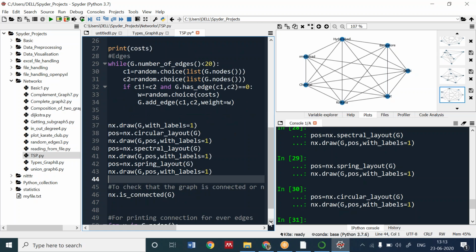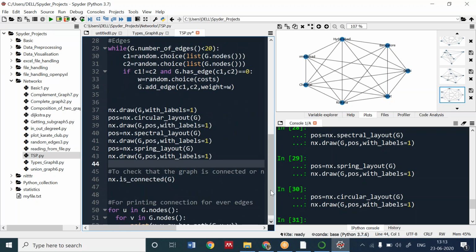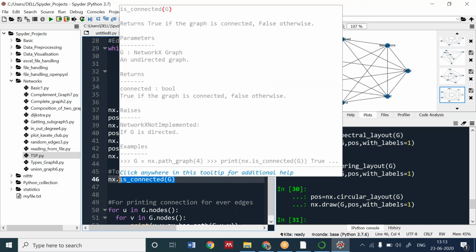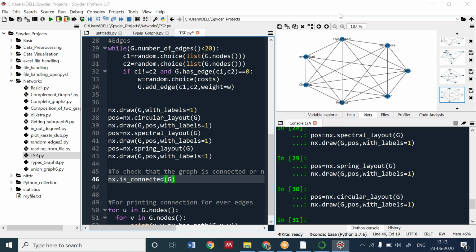Now, if I want to check whether the graph is connected or disconnected, we have the function is connected. If I want to see whether my graph is connected or not, we can check it. What will it return? Anybody?